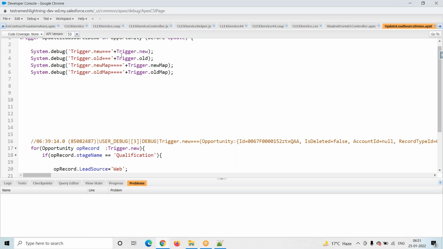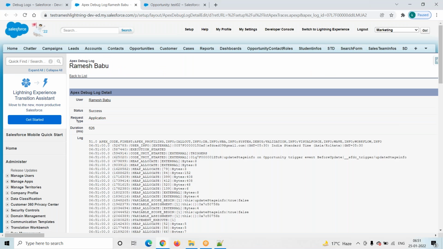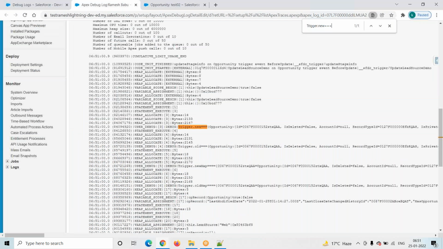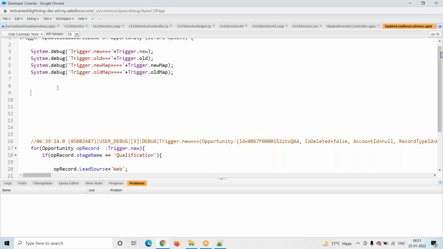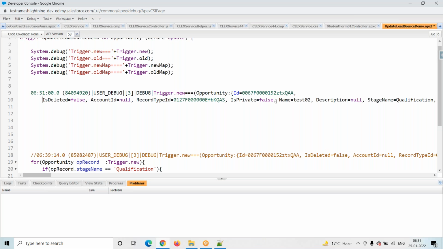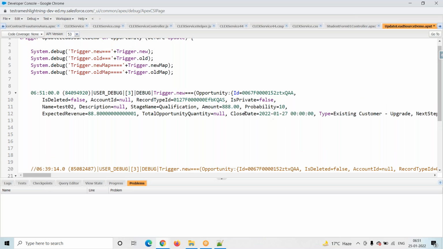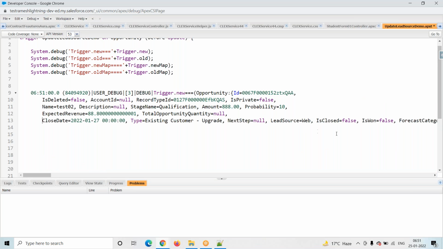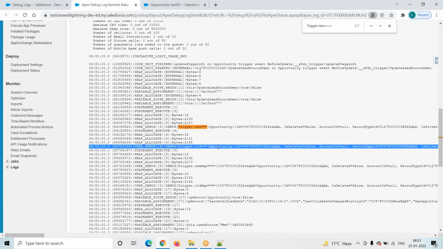The next one is Trigger.new. See here, Trigger.new is printing, right? We will just verify how Trigger.new prints. Okay, and the next one is Trigger.old.